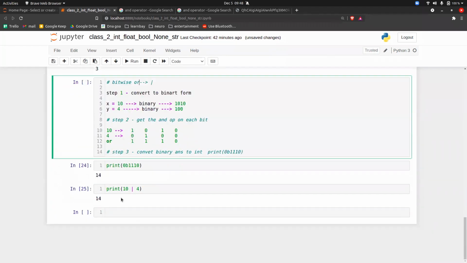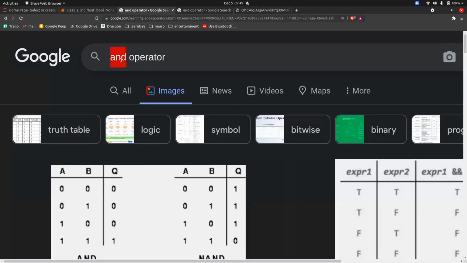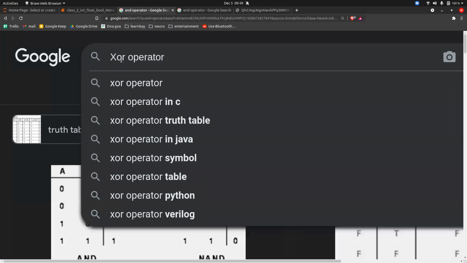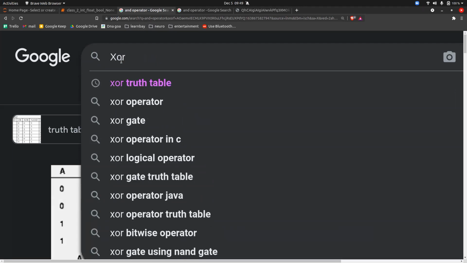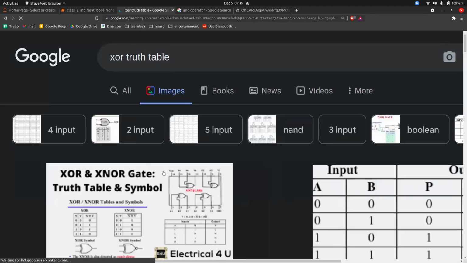The next thing that we will see is bitwise XOR. Now again, to understand XOR, the thing that you have to see is the truth table. So I will show you the XOR truth table.